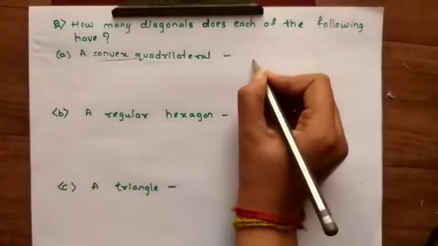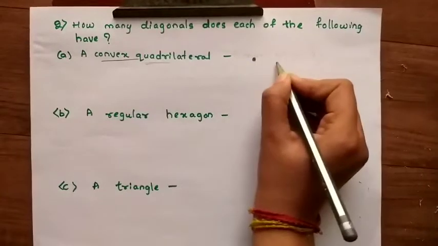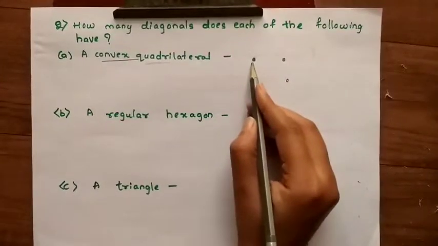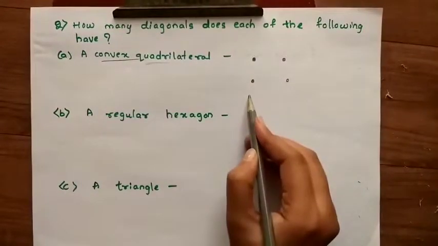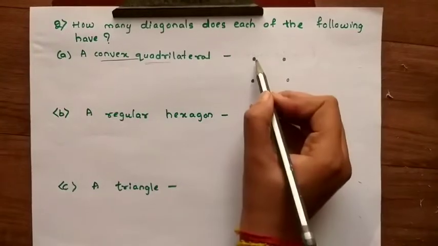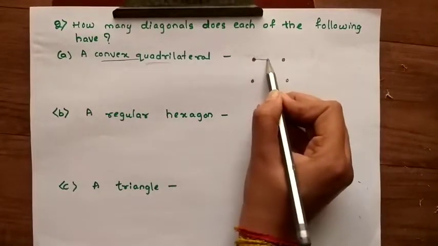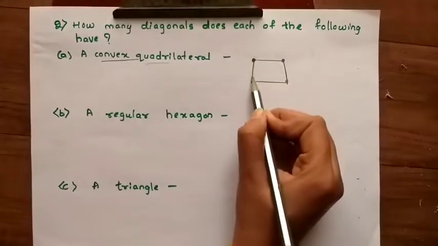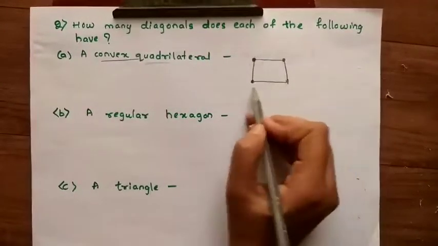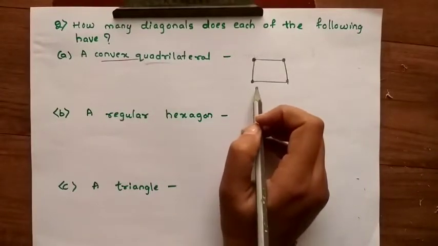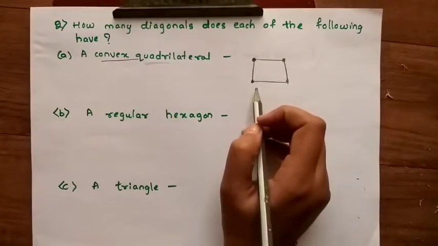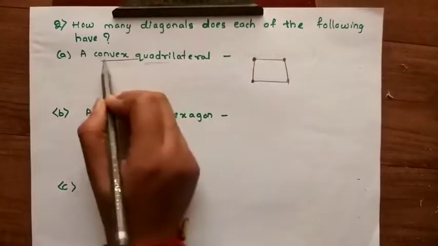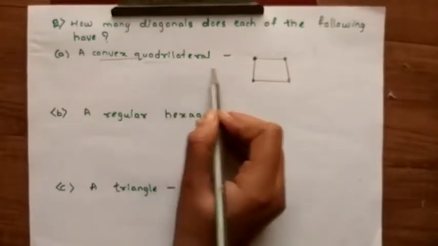Quadrilateral means we have 4 sides. First, we have to draw the 4 vertices. A vertex is nothing but a point. Then join the points to each other, and here we have 4 sides. In a quadrilateral, we have 4 vertices and 4 sides. How many diagonals are there in the quadrilateral? 2 diagonals, which are inside of the figure. We have to take a convex quadrilateral, where the diagonals are inside of the figure.